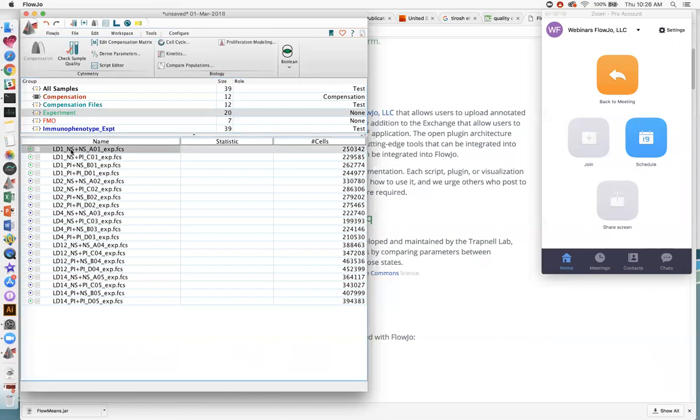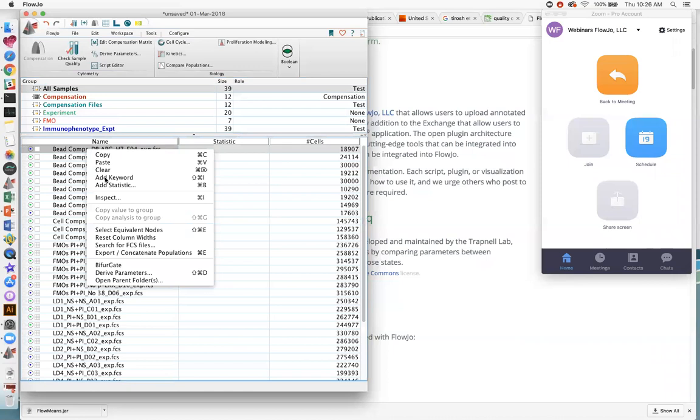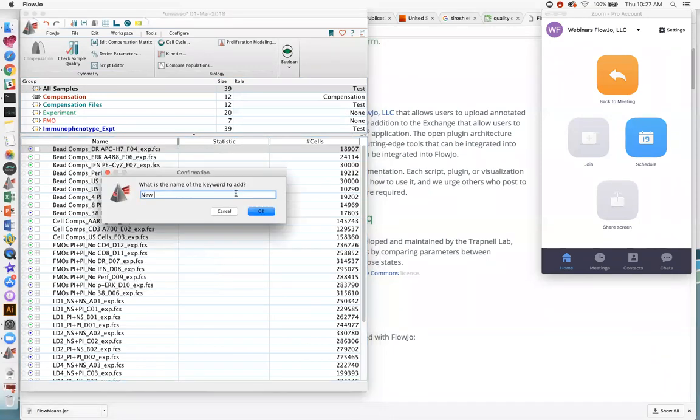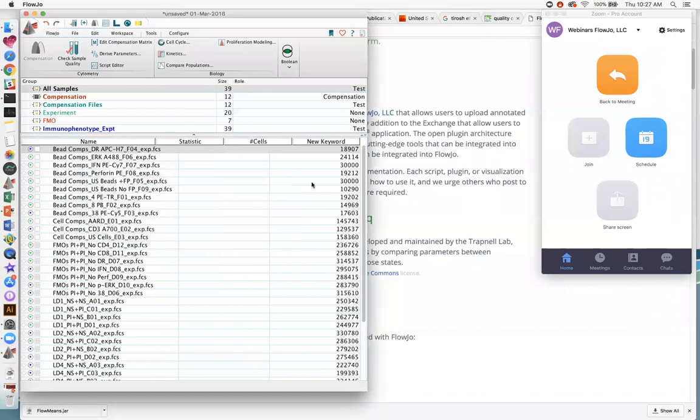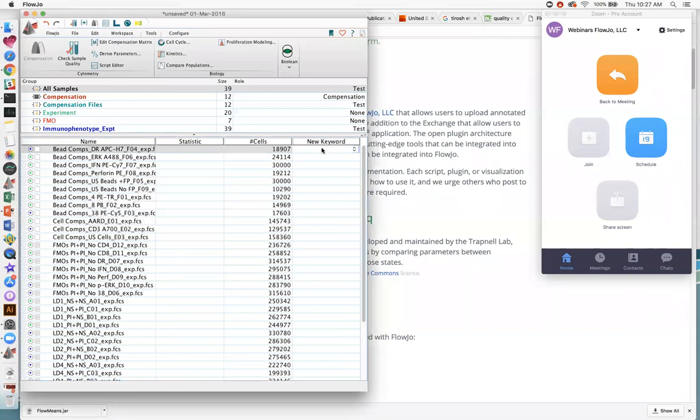Okay, I should mention here that, and then you just write, it doesn't matter which one you choose. And then you could say add keyword, right? And this will present you with a new column. So I could just call this my new keyword for the time being. Right, that'll present you with a new column here, and you can essentially type in whatever value you